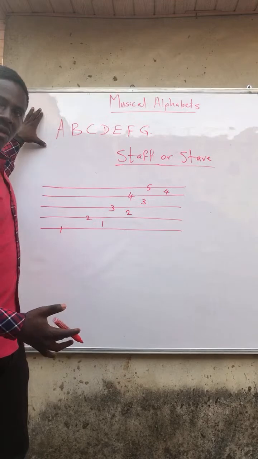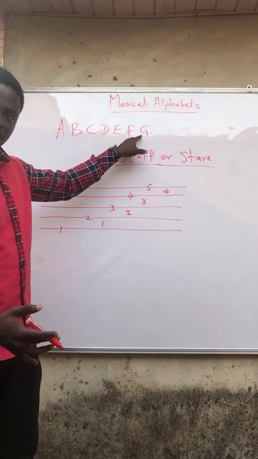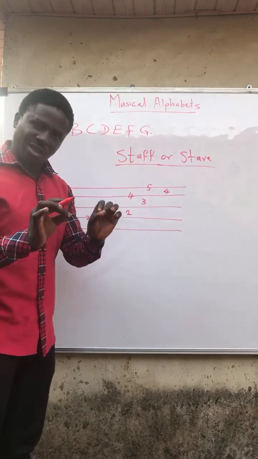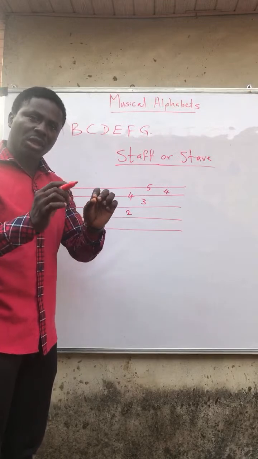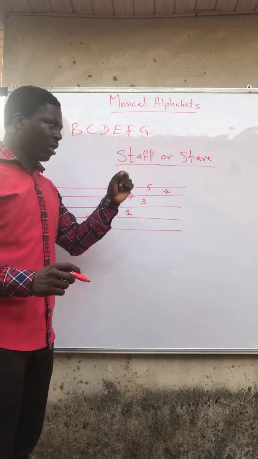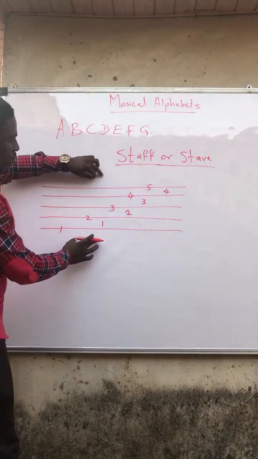Make sure you understand the musical alphabet. Let me repeat myself. The musical alphabet is from A to G. In English, we have 26 letters, but in music, we make use of just 7 letters. A, B, C, D, E, F, and G. Then, after this, you must understand